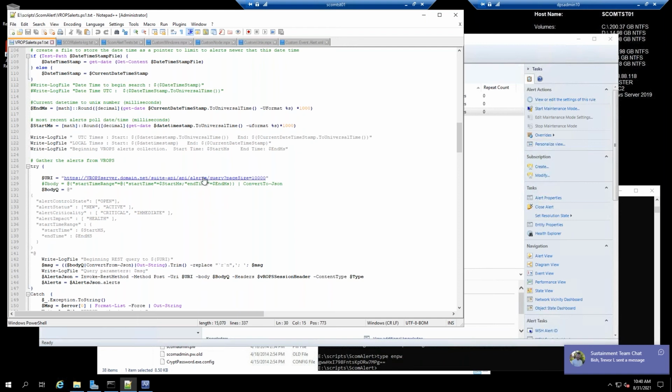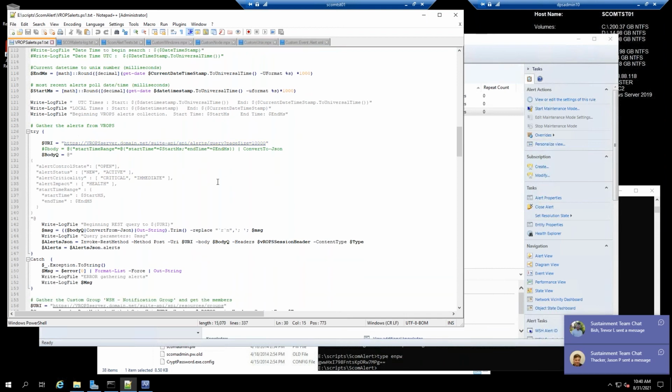So once we do that, we try and gather the alerts from vROps. And that's just a simple URL that's called to get the alerts. It's pretty standard. It's documented with the REST API. And it's just a call in to get the alerts. And we get the alerts in